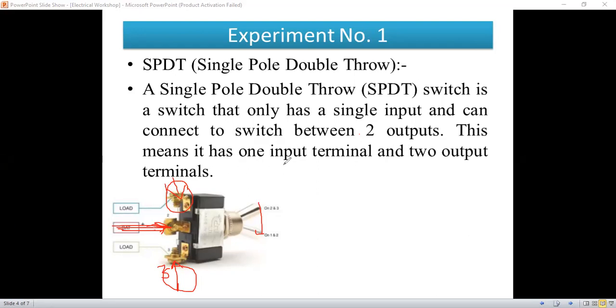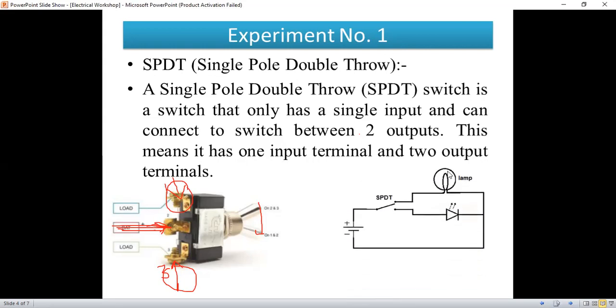Now this means that one input terminal and two output terminal is there. See the connection diagram. Here this connection diagram shows that the two output terminal and one input terminal is there. इथं दोन output terminal आणि एक input terminal दाखवलेलं आहे. Here it is input terminal. There battery can be connected to the input of that switch. The switch च्या input ला battery connect केलेले आहे.